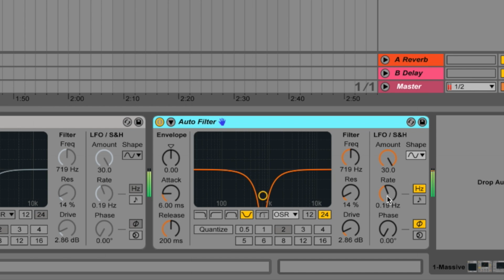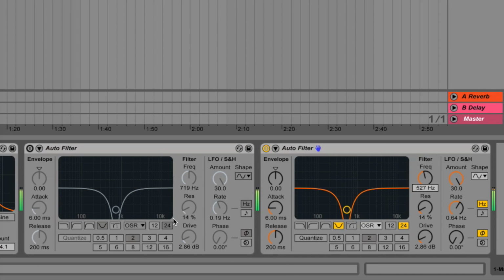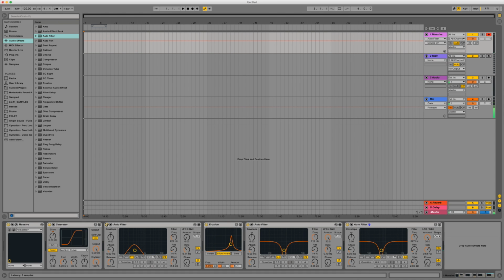May make it a bit of a faster one, and change the frequency as well. So it's a pretty destroyed sound so far. And then when you add the bandpass filter back on,